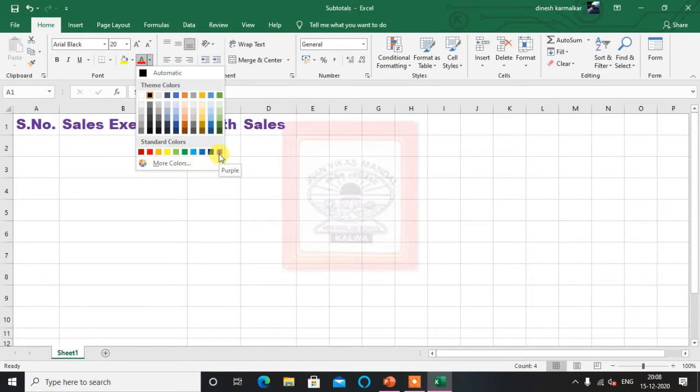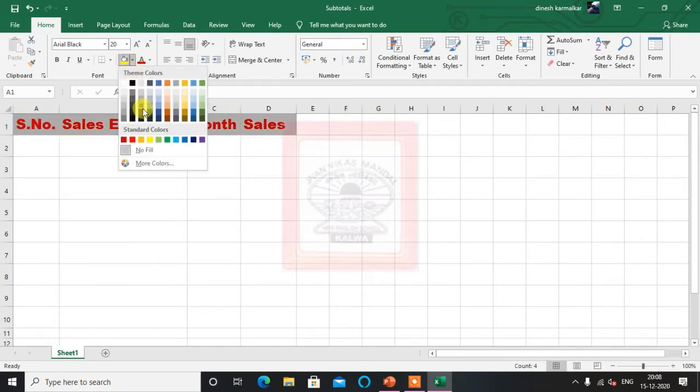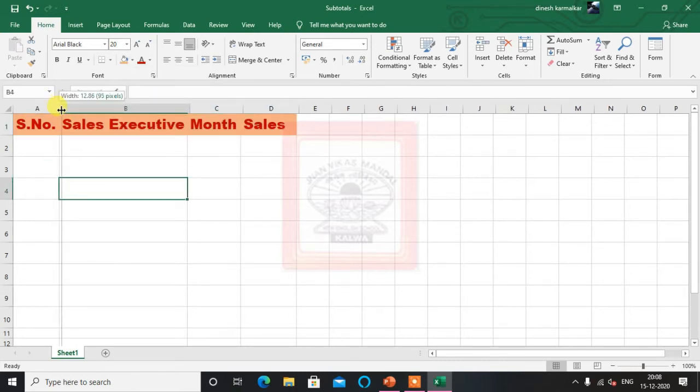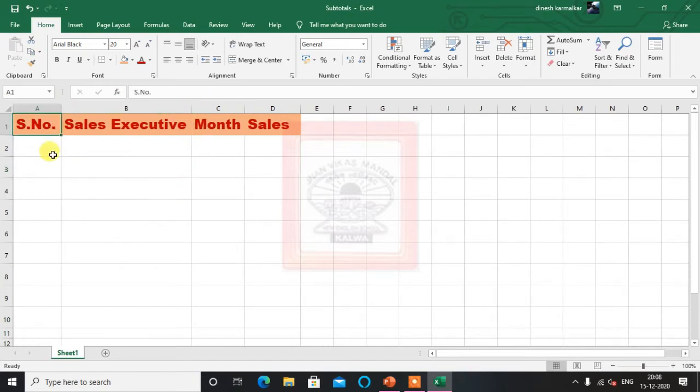Let's say this dark red color. We can give it a background also, like the fill color option, we can use this.